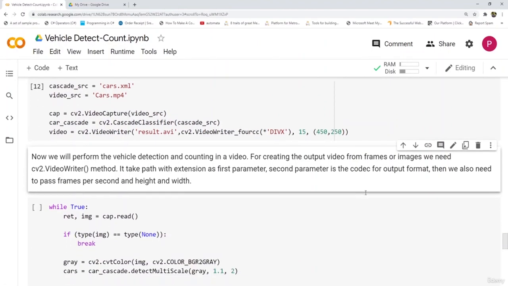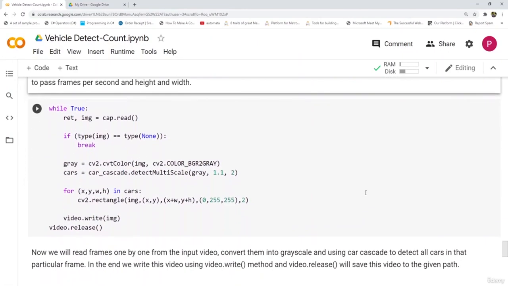So after this, now we'll read the input video frame by frame, and convert the frames into grayscale, using the car cascade. And we will detect all the cars in that particular frame.